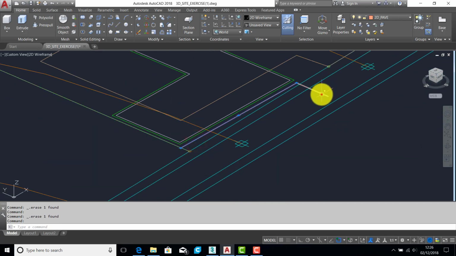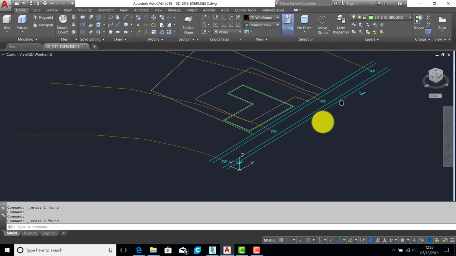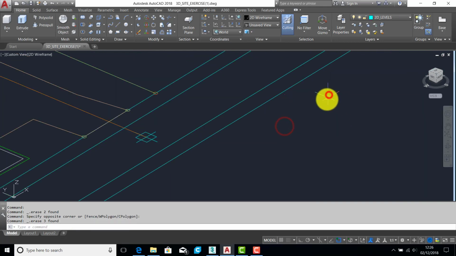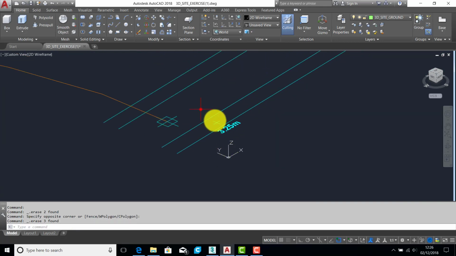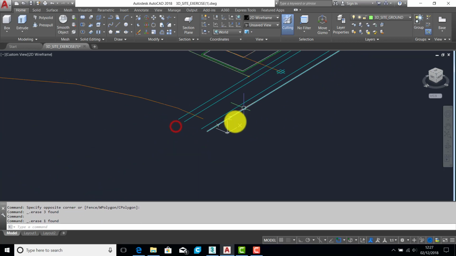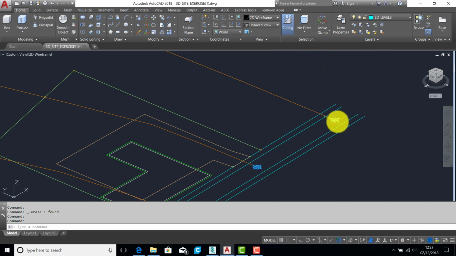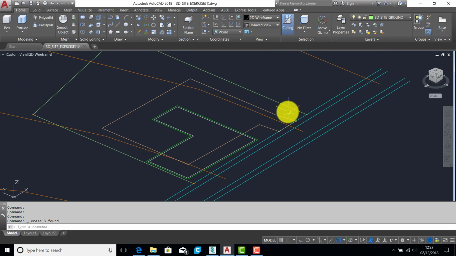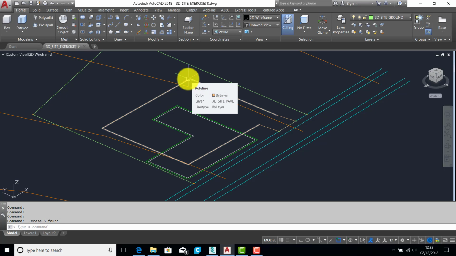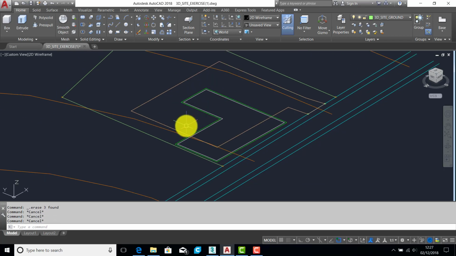Okay, we can get rid of these. Okay, I don't need to see these spot heights anymore, so I'm going to get rid of those as well. And the node points have kind of done their job as well. I'm just going to lose those. I need to keep the contours just for a wee while yet. These lines want to be at the same height as the paving level, so